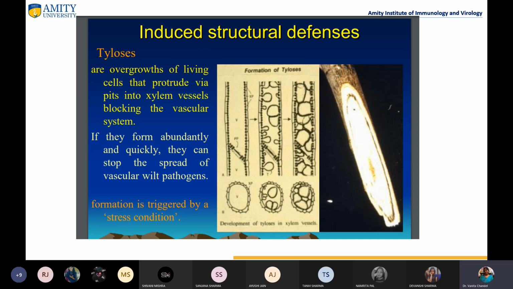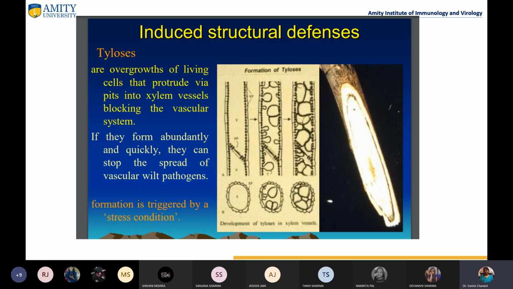Then there are induced structural defenses which include tyloses. So what are these tyloses? These are actually the overgrowth of living cells that protrude via pits into the xylem vessels and block the vascular system. Now, if they form abundantly and very quickly, they can stop